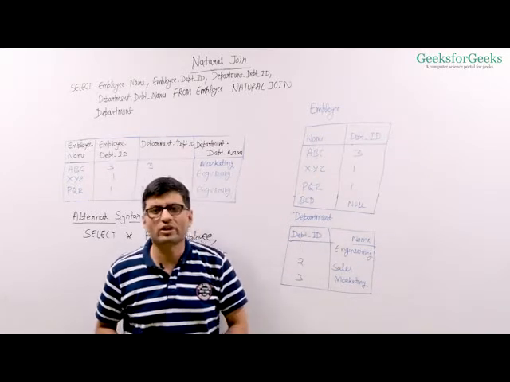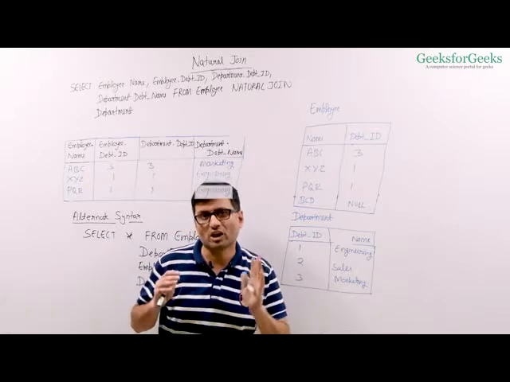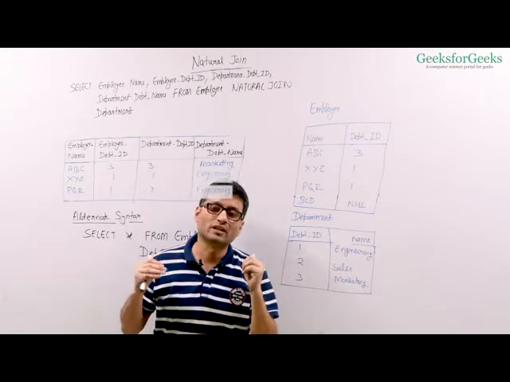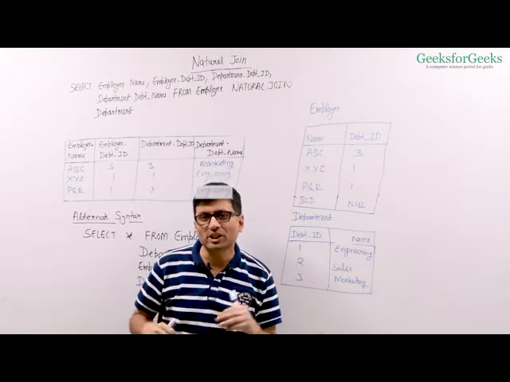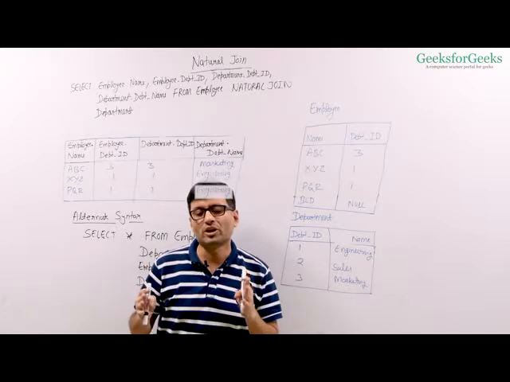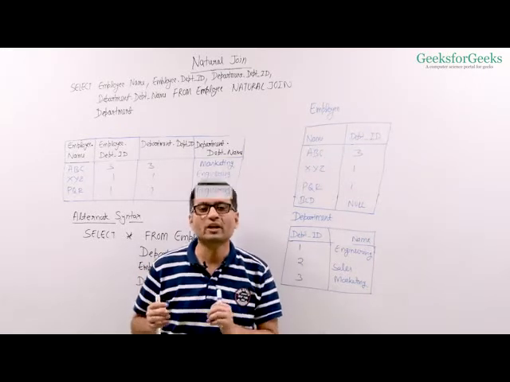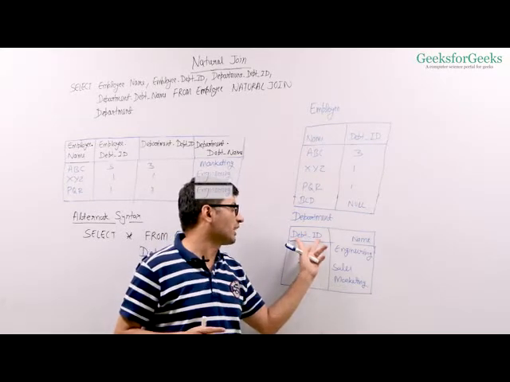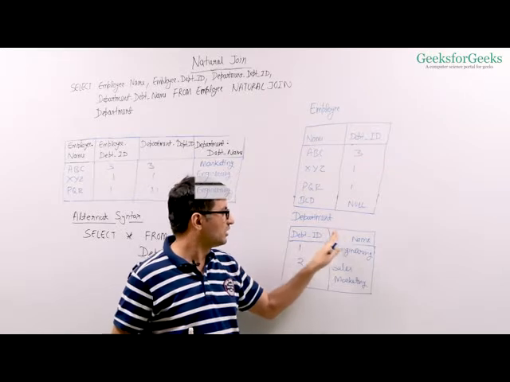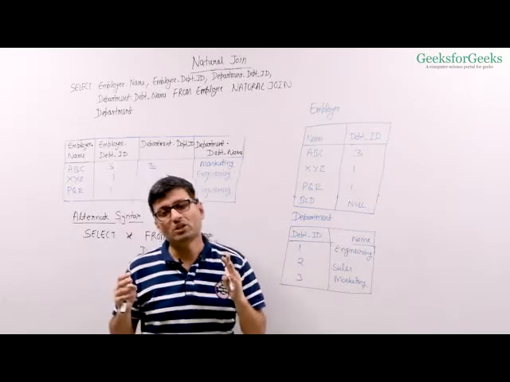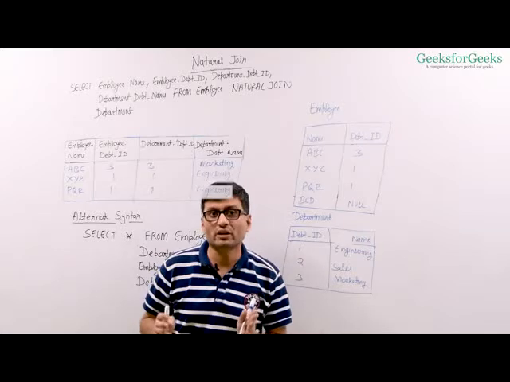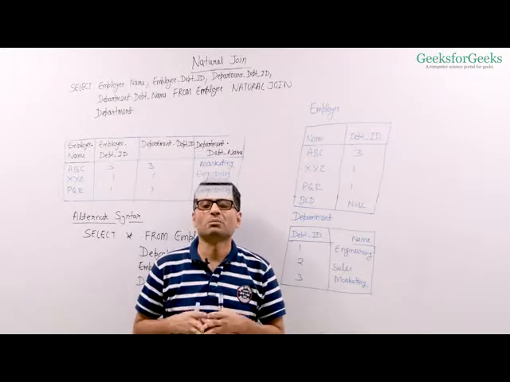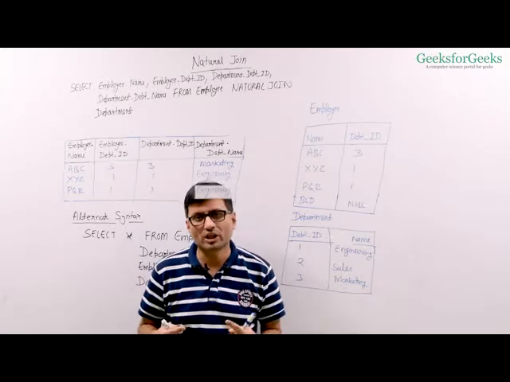So this natural join is not recommended by many database standard practices, because it assumes that the column names have to be the same on the attributes on which you want to do the join, and later column names may change. Somebody may change this column name, department ID, to something else without changing the other one. That would also make the natural join fail. Please note that if there are no common column names in both the tables, then your natural join produces the same result as a cross product or cross join.